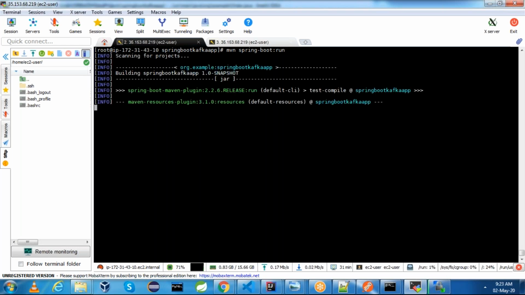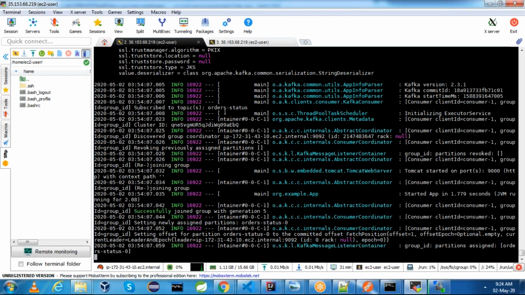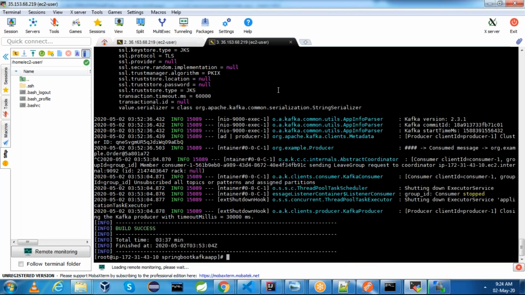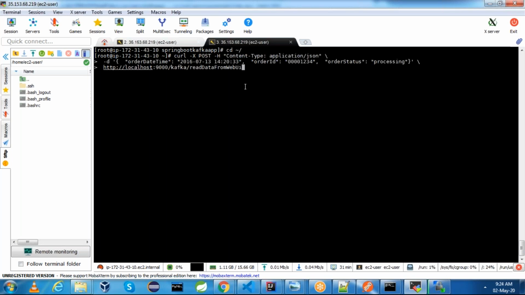Now you can execute the command again to send the data, and you can see the consumed message in proper format. Now I am sending order date time, order ID, order status.